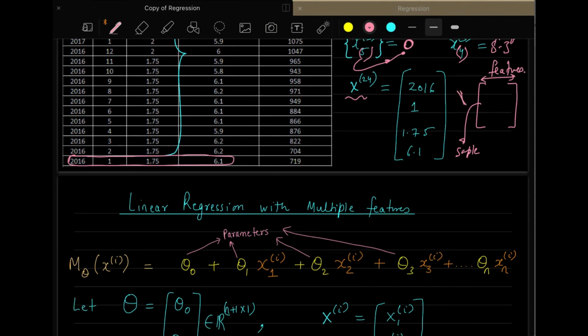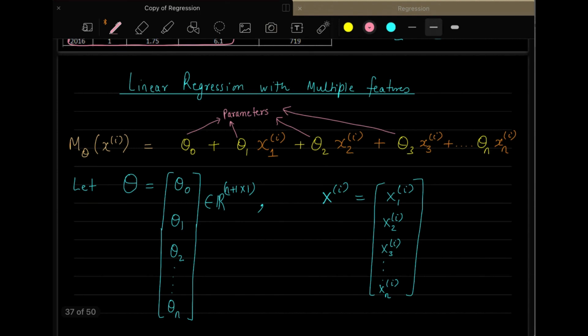The matrix dimension that we are actually working on, the bold X, no, sorry, not bold X, yeah, bold X as well as the top we have the circle one, both of them. So right now this X24 is having this particular feature vector. So now we will look at linear regression with multiple features.